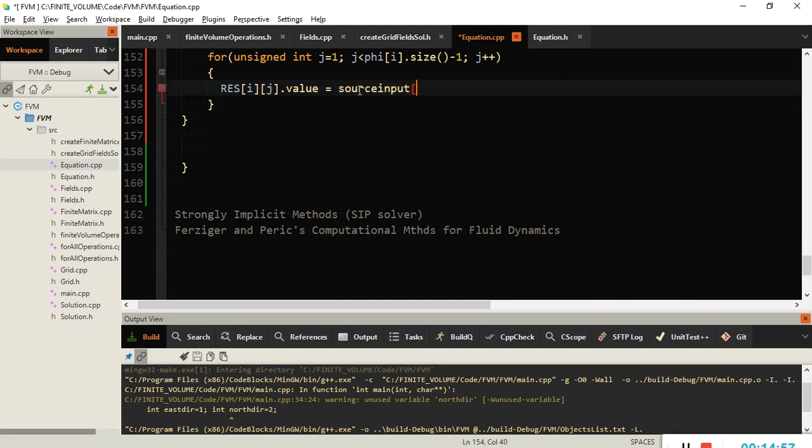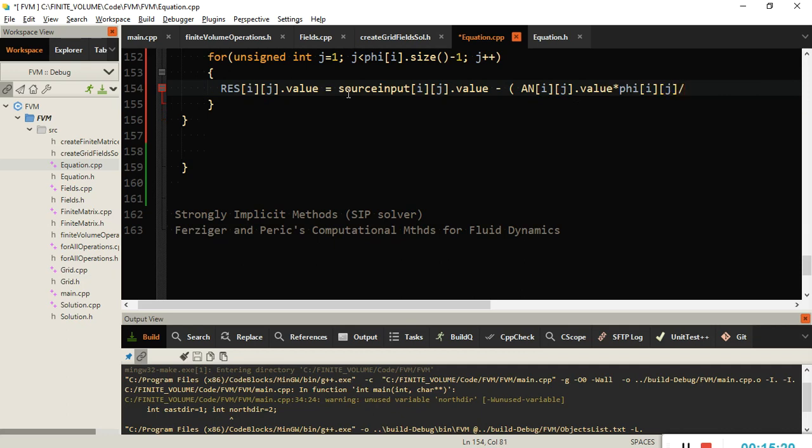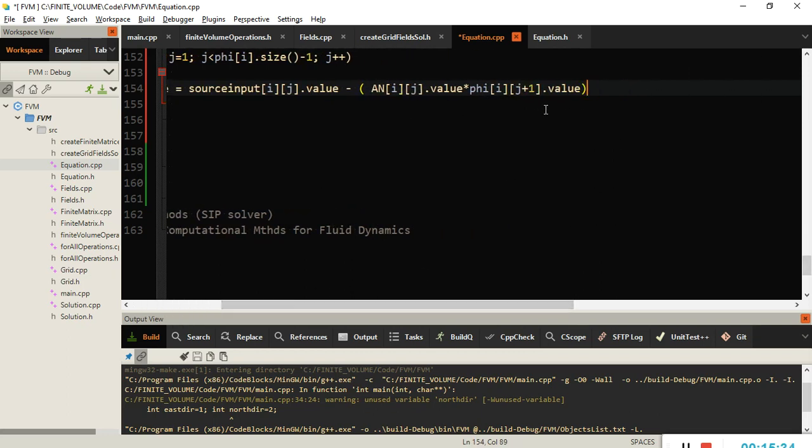So source input at any ij dot value minus, bracket, an ij dot value times phi, which is the u velocity for the u momentum equation, phi ij dot value. Actually this should be j plus 1 because we are using an. Okay, so an times phi ij plus 1 dot value minus